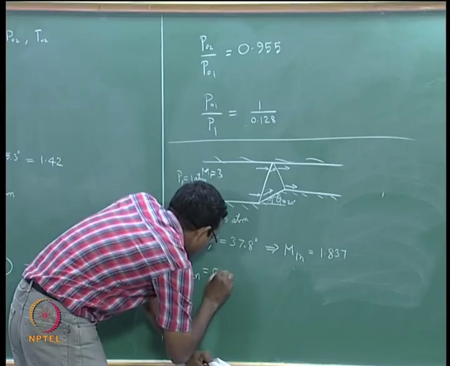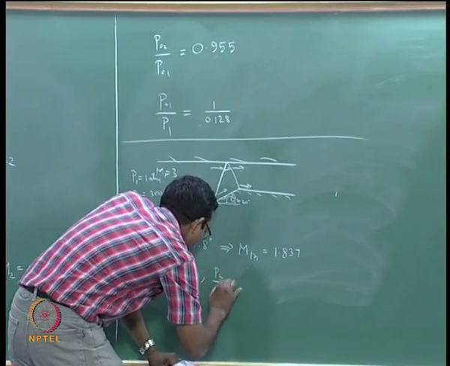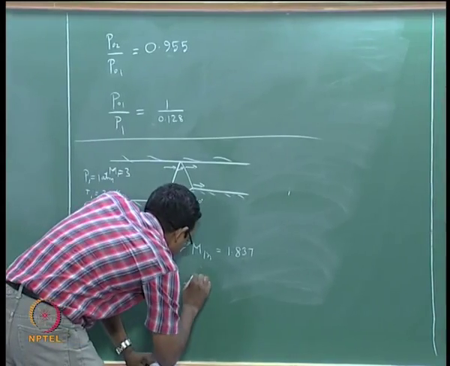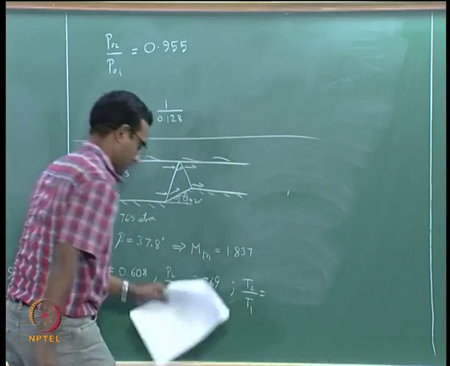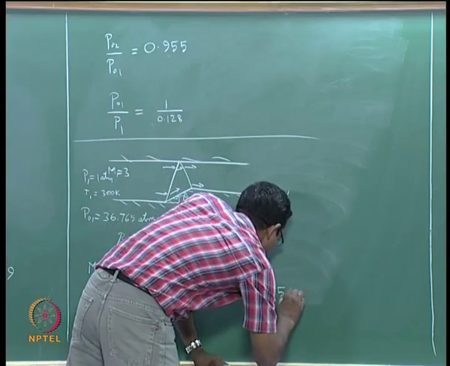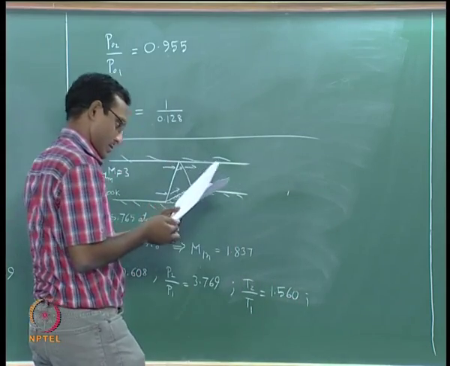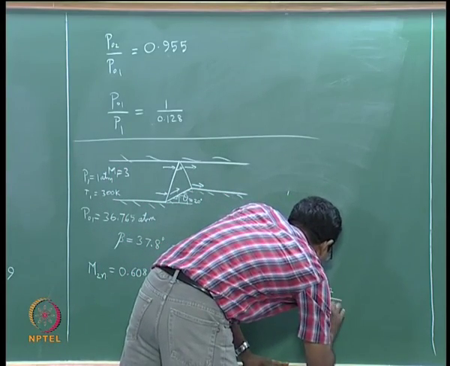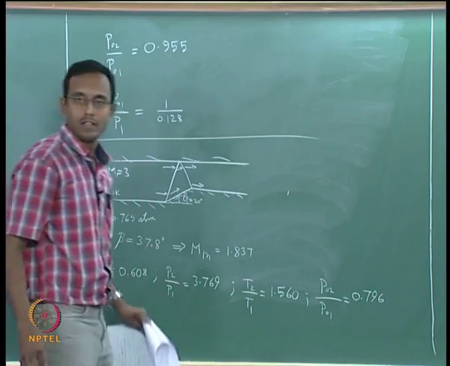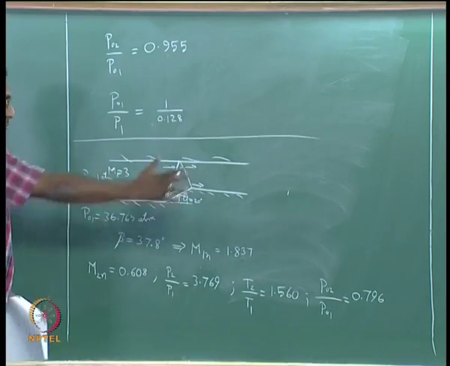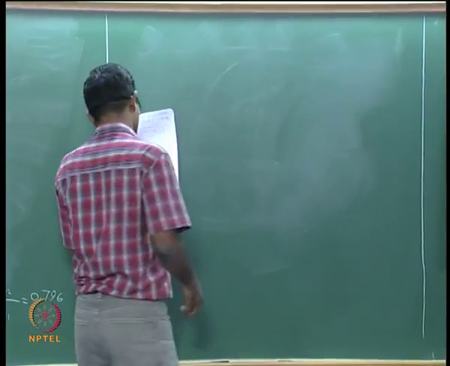So I am getting a whole set of numbers from normal shock tables. M2 normal is 0.608. P2 by P1 is 3.769, T2 by T1 is 1.560, P02 by P01 is 0.796. Okay. I have a whole set of numbers just read out from that one row of data. So from this set of numbers I can find